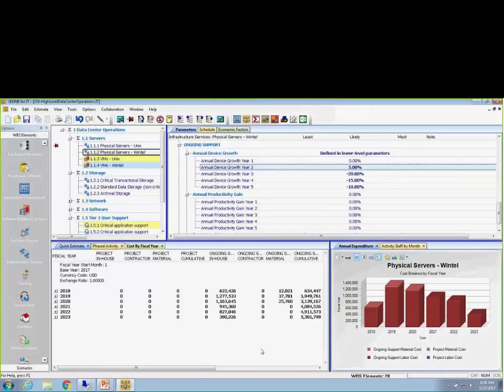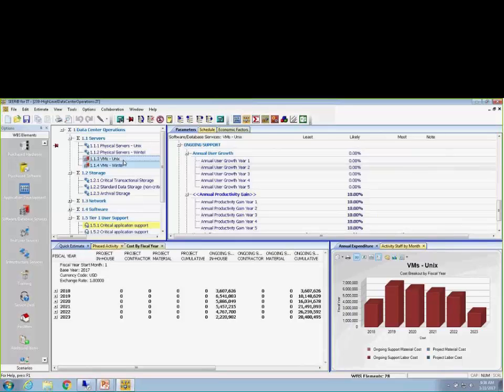And similar to the growth, this is an example of the growth, but if I switch to the software database services element, where I'm estimating the number of servers, their virtual machines, this is another example. Now I'm looking at the productivity gain parameters. If I wanted to make it easy and make it a 10% growth from year to year, or productivity gain from year to year, I could set it as easily as that,